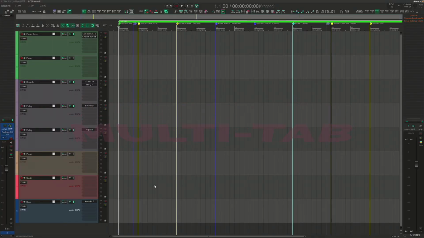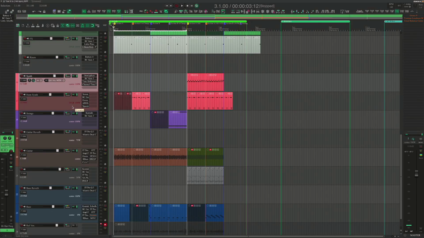All right, we're almost to the end. Let's get into reason number 5 of why I like Reaper. Well, in Reaper, I can have multiple tabs open, so it doesn't take me as long to close the session down and reopen a new one. So in this case, I had this session up before,